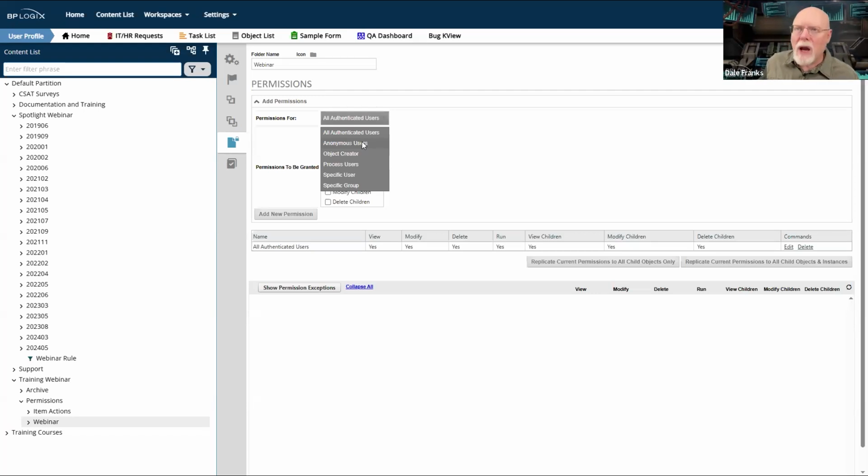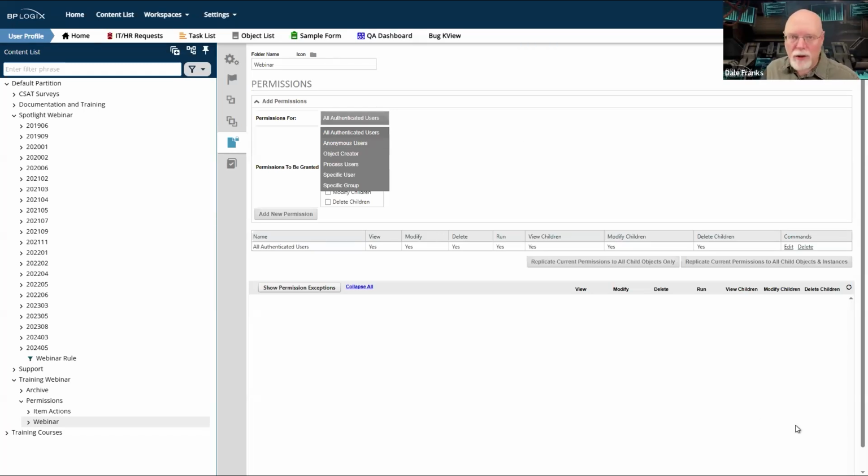The second most common use case would be if you want to give anonymous users access to a knowledge view so that they can see the status. Couldn't remember the word. They want to see the status of all of the forms that they've submitted.